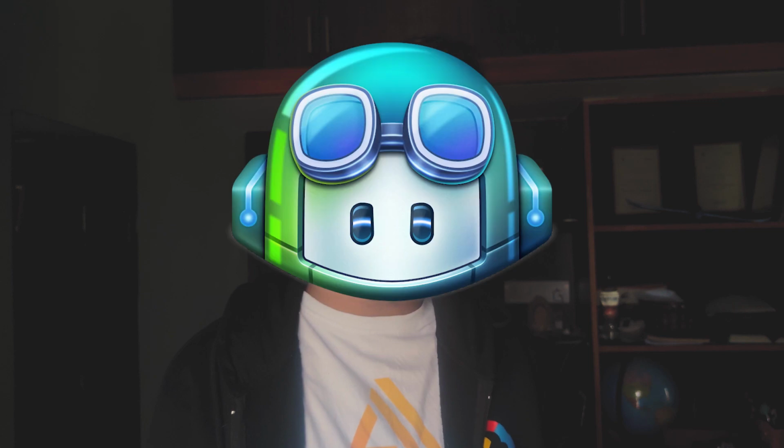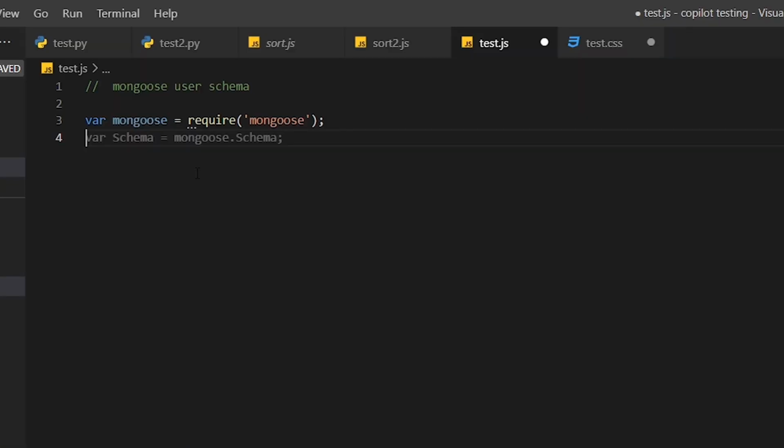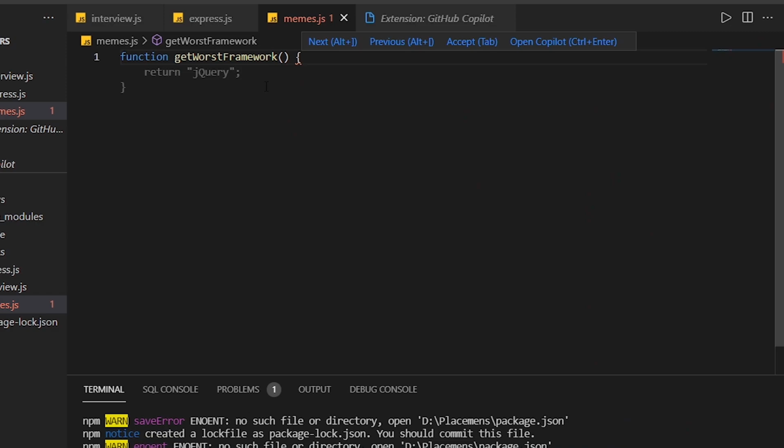Hello everyone, my name is Ritvik, your friendly neighborhood tech nerd, and I recently got hands on the GitHub Copilot. It's super hyped up on Tech Twitter for the last few days, and I'm very excited to share my discoveries. GitHub Copilot is an AI tool which helps you write code by auto-suggesting lines of code based on your intent. At the same time, it can also write functions just by seeing your comments. It's super interesting, isn't it?